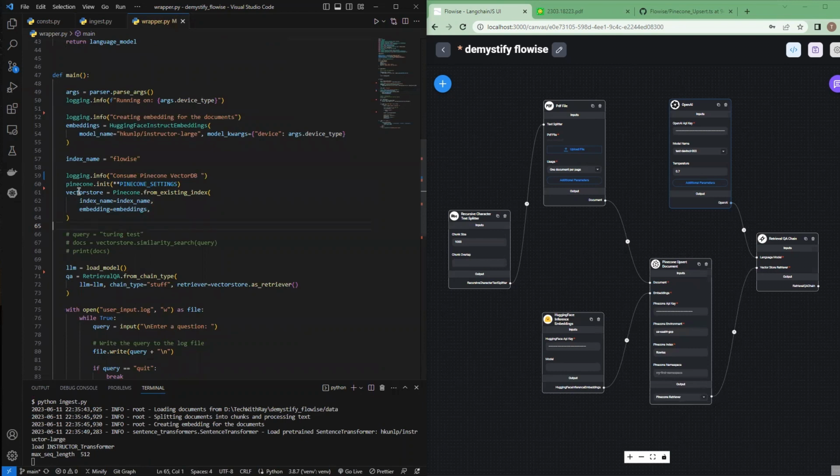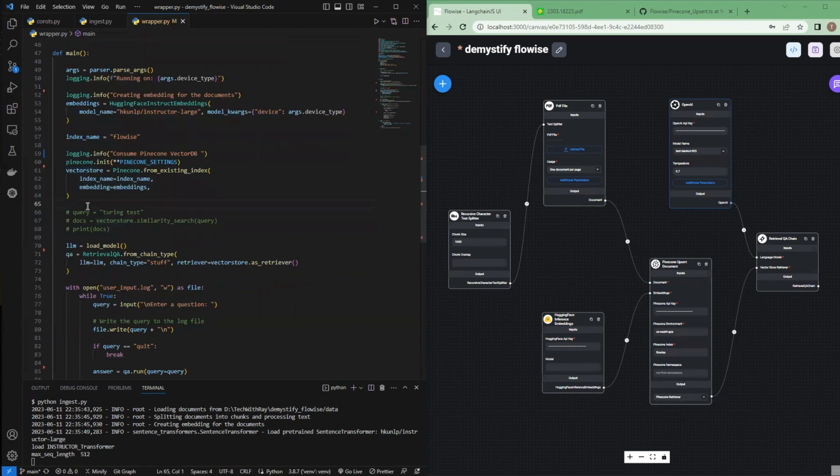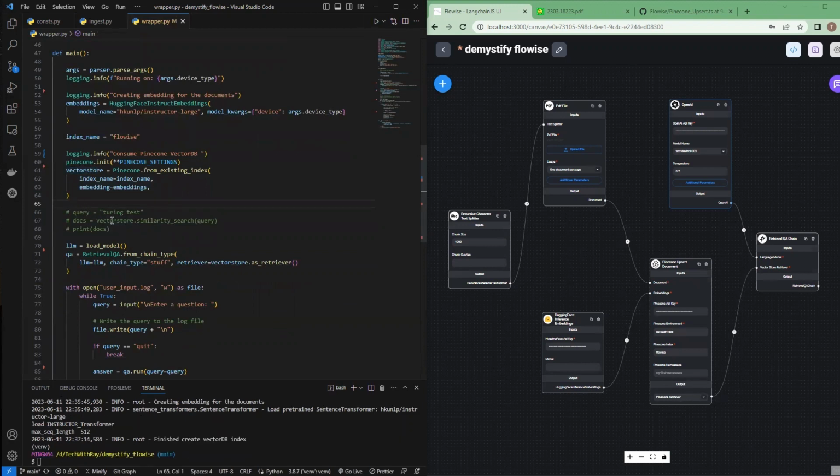So this is how we consume the Pinecone vector DB. And if you want to do some analysis, for example, to see what is the similar content in the Pinecone DB for your input, you can use this code for similarity search